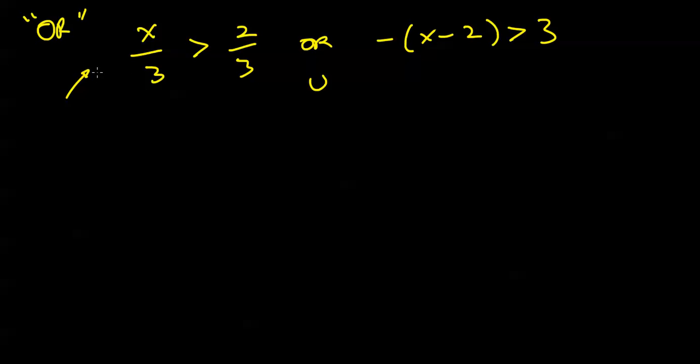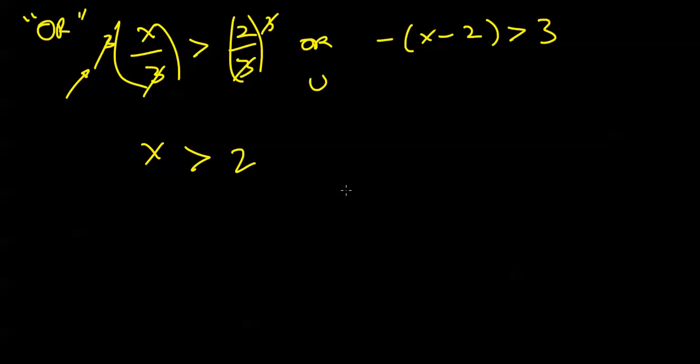Looking at the left branch here, well, if I multiply both sides by positive 3, well, on the left, 3 times x over 3, the 3's cross cancel, and I have x is greater than, well, here on the right, the 3's cross cancel, and I get x is greater than 2. Alright, so I solved the left branch. Or